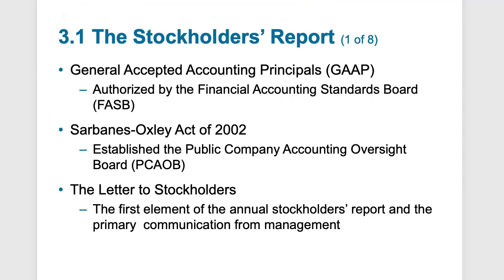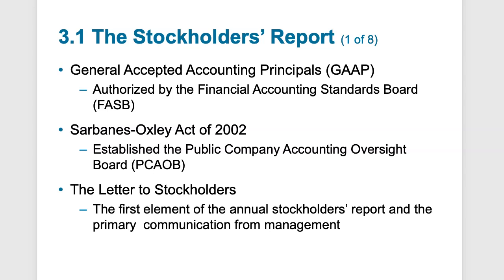Now, when we talk about the Stockholders Report, there's a couple of things that we need to make clear. One is that the report is going to give information on financial statements. And the financial statements need to be developed from GAAP, which is generally accepted accounting principles. And this is authorized by FASB, or the Financial Accounting Standards Board. So this is just a way of standardizing and creating a set of guidelines to help prepare financial statements and financial ratios so all companies are comparable and using similar techniques as far as their accounting.